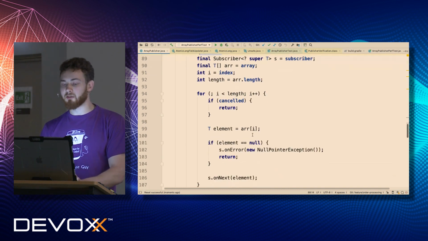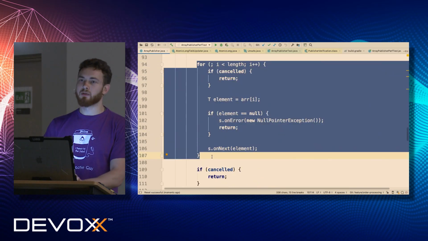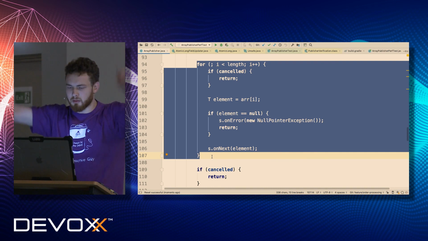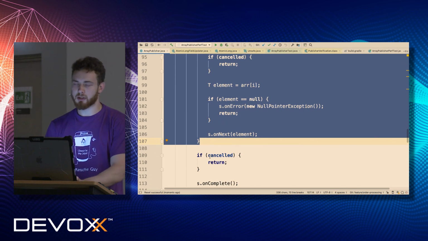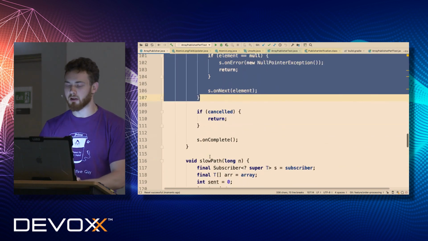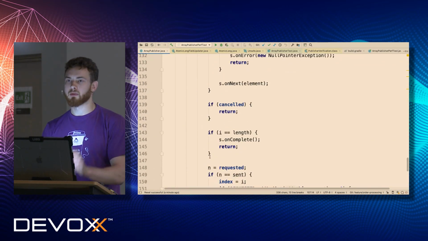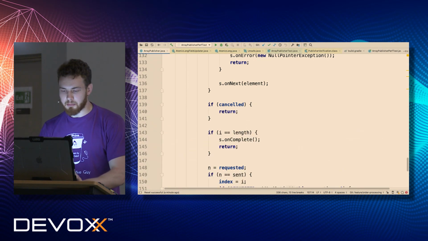This is basically the fast path, where I just iterate until the end of the stream, and that's it. I don't try to access the requested field, which means performance should be much higher, because there are no writes and reads from a volatile field at all. The slow path is absolutely the same, so nothing has changed here. Now the final point. Let's try to compare that.